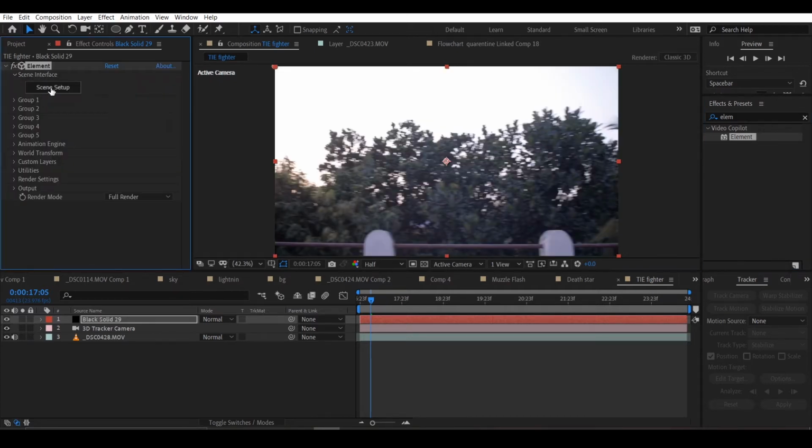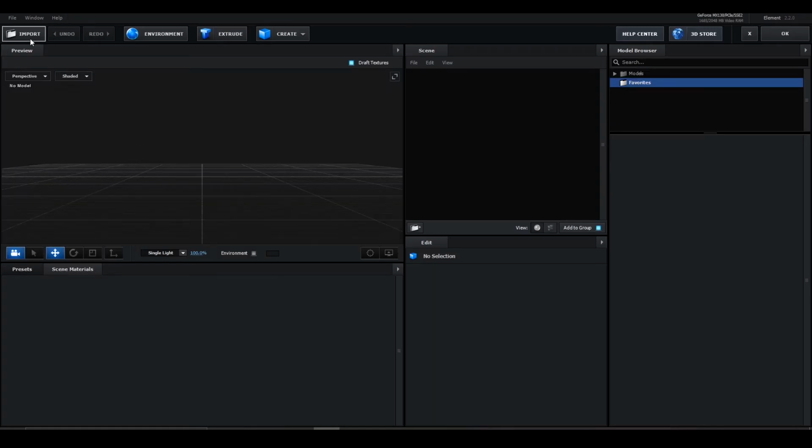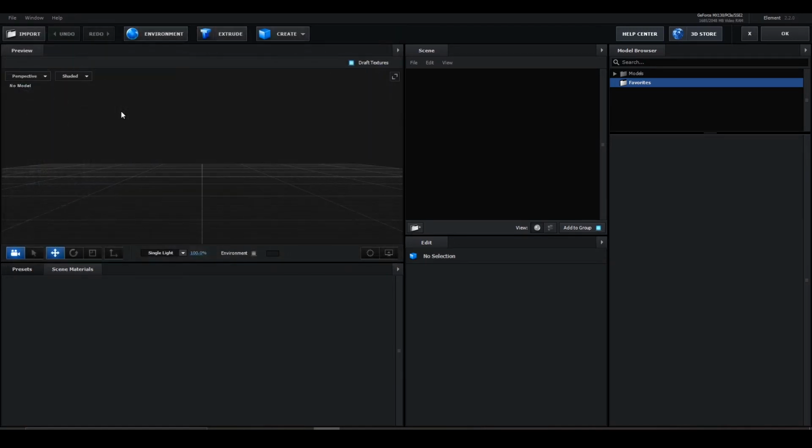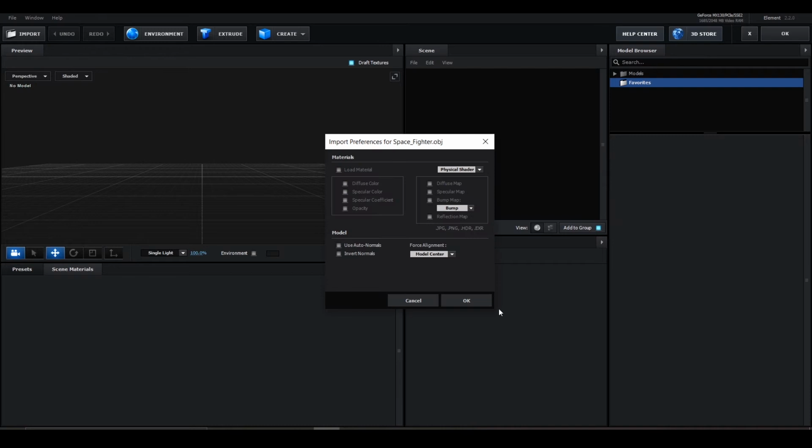Now in the Element 3D, I'll open setup and it takes a time to load. So after it opens, I will click on import and import the 3D file, and you should have all the boxes checked.